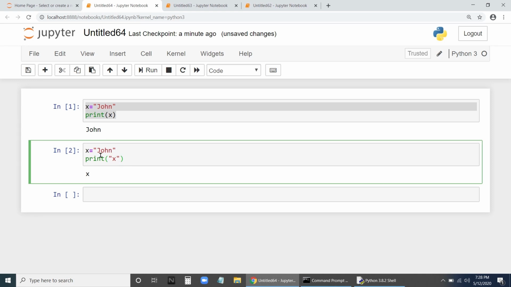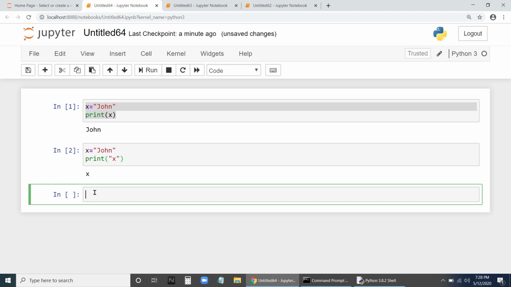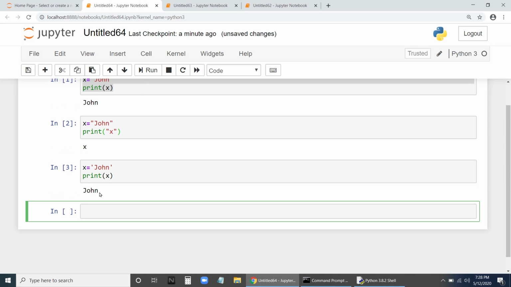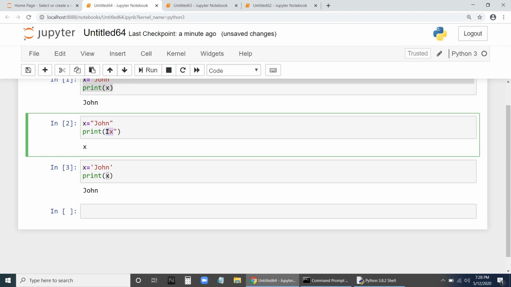Either you can give double quotes or single quotes, it's okay. See here, single quote, now it will consider this as a string. John will be printed. When you give x in double quotes, it will print x itself because it is a string. It is not a variable.